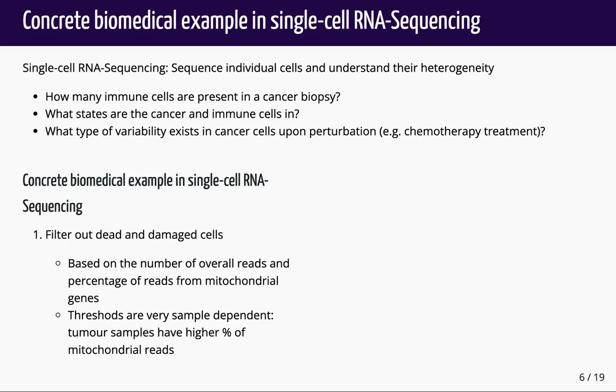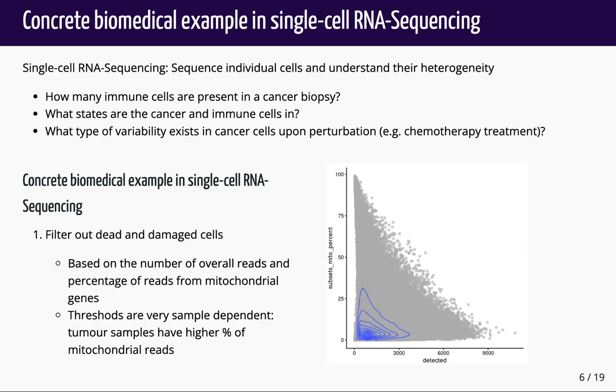And then there's also reads that come from mitochondrial genes. And we want to keep that threshold somewhere. But these thresholds are data dependent. So for example, if I have a sample from cancer cells, then this mitochondrial threshold should be higher than if it were normal samples. And so this is an example plot from one of the data sets that I have